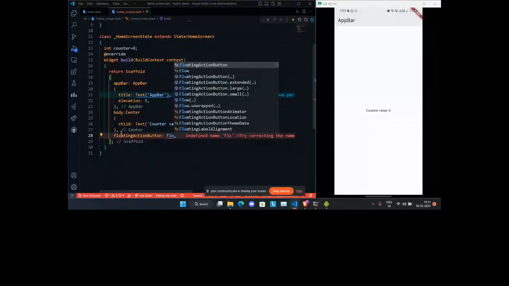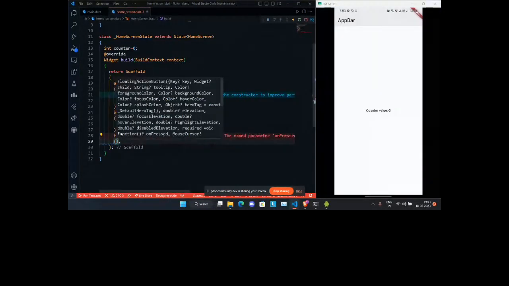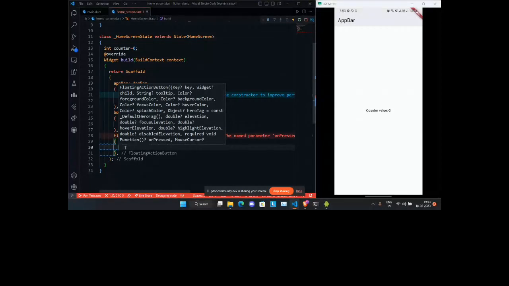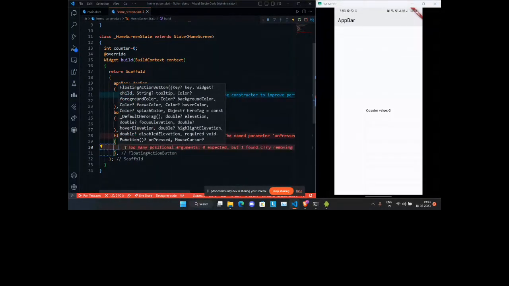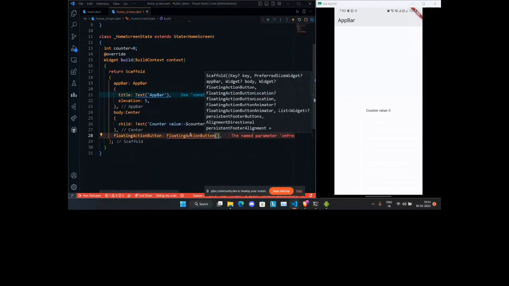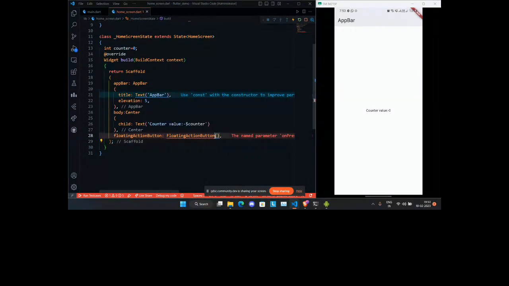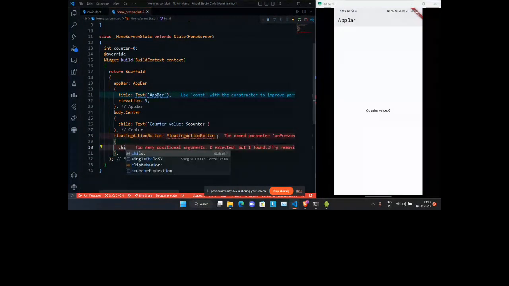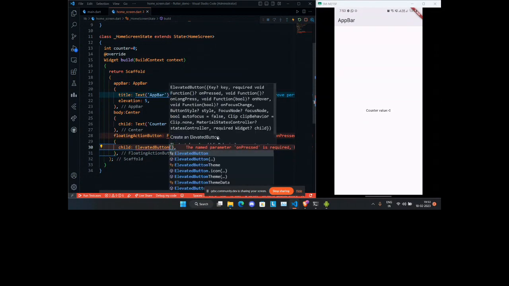So I'm gonna give a floating action button, and I'm gonna give this floating action button a child, or maybe I should use an elevated button.